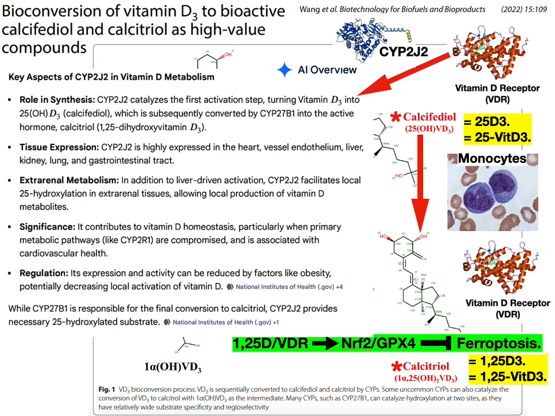Significance. CYP2J2 contributes to vitamin D homeostasis, primarily when primary metabolic pathways like CYP2R1 are compromised, and CYP2J2 is associated